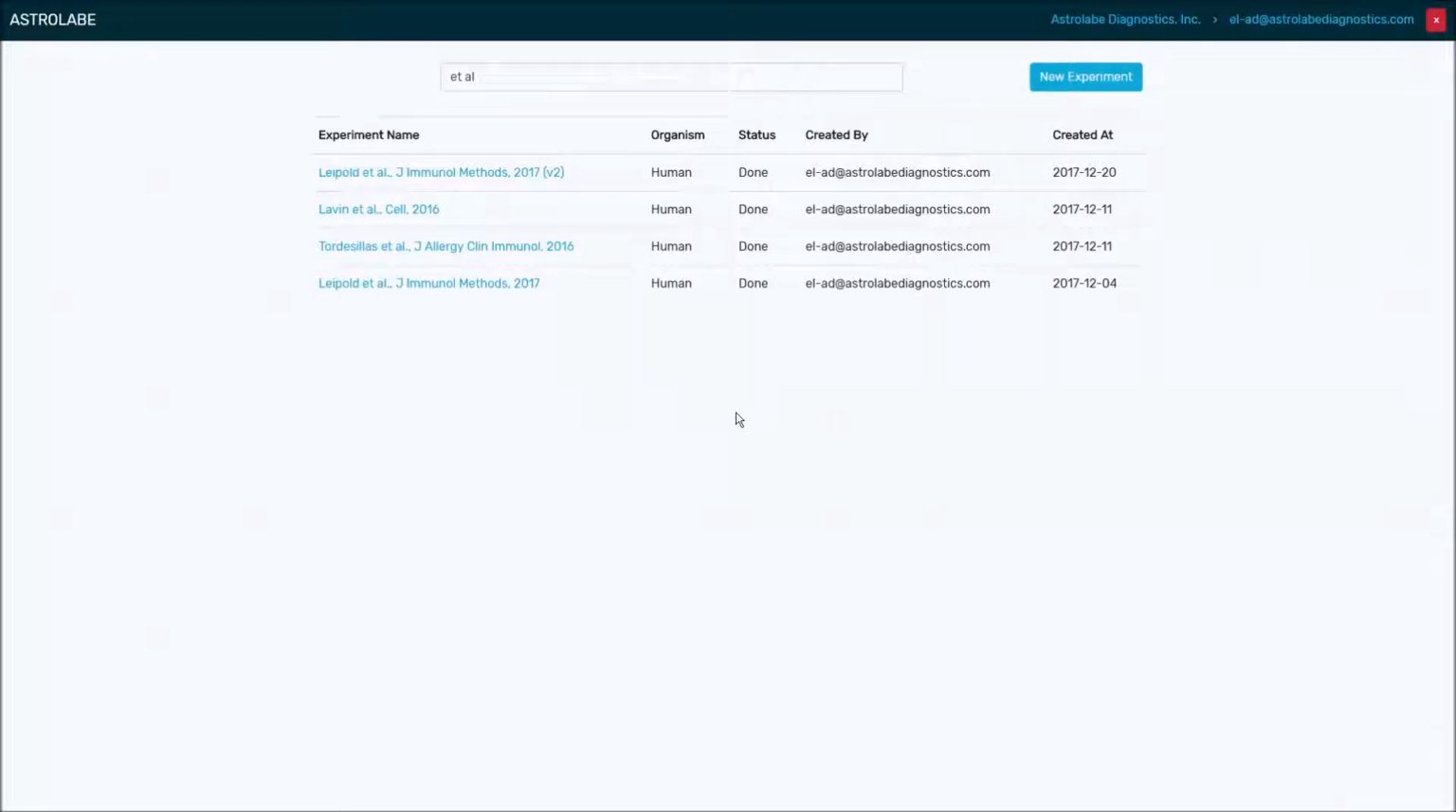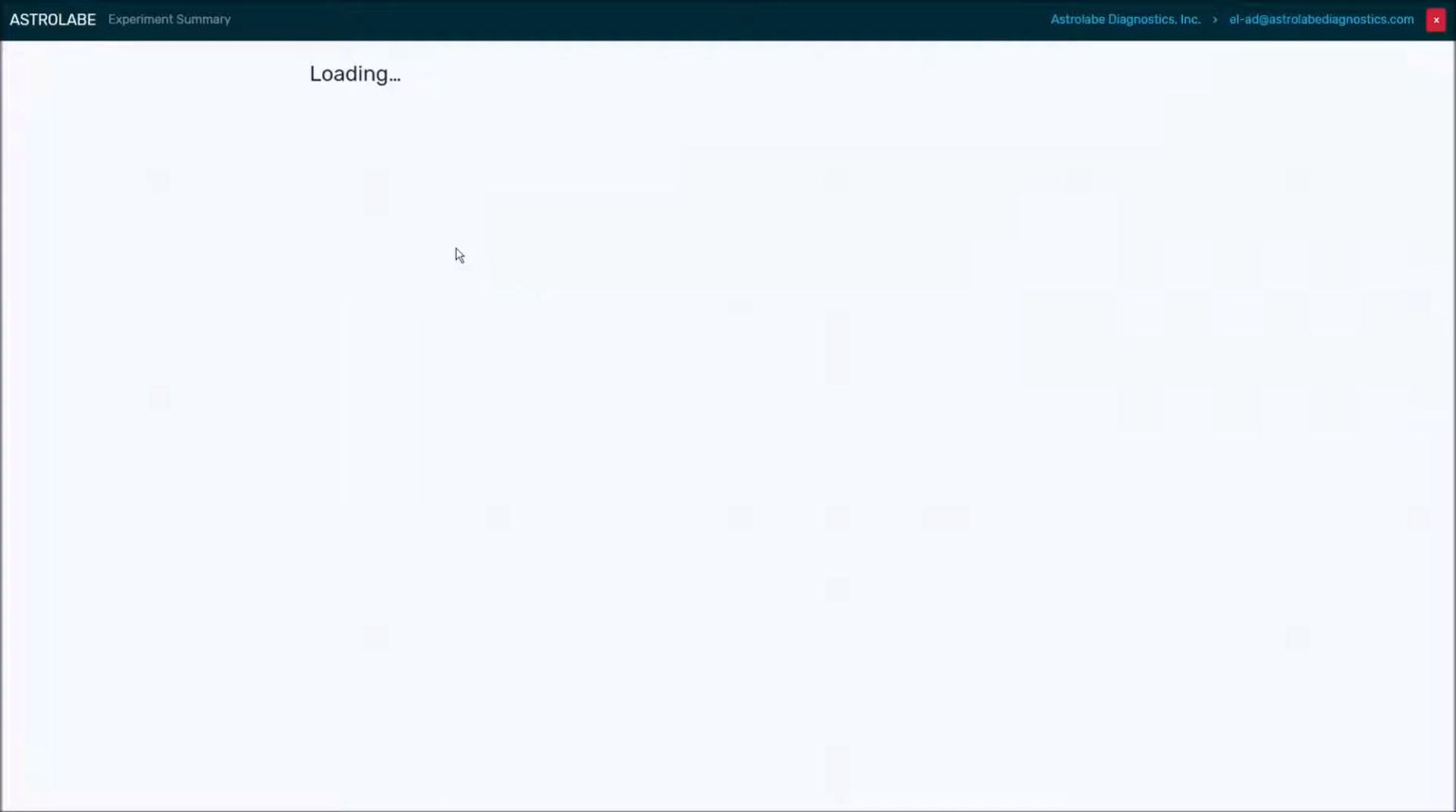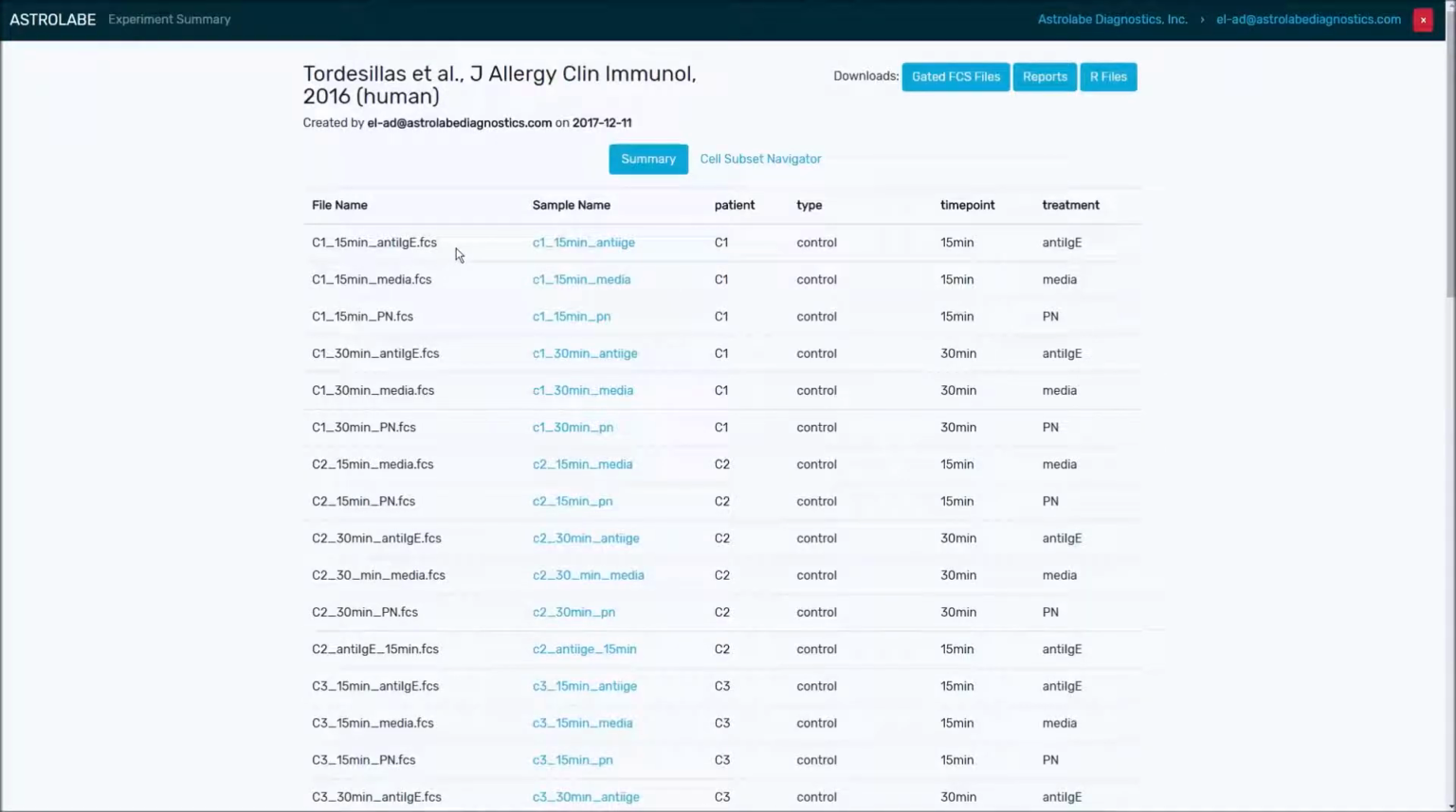When logging into Astrolabe, I enter the experiments page, which lists all of the previous experiments I uploaded to the platform. From this list, I can choose Tordesillas et al. The experiment exports are available through these three buttons at the top right of the page. Astrolabe offers three types of exports: gated FCS files, reports, and R files, all of which are downloaded as compressed